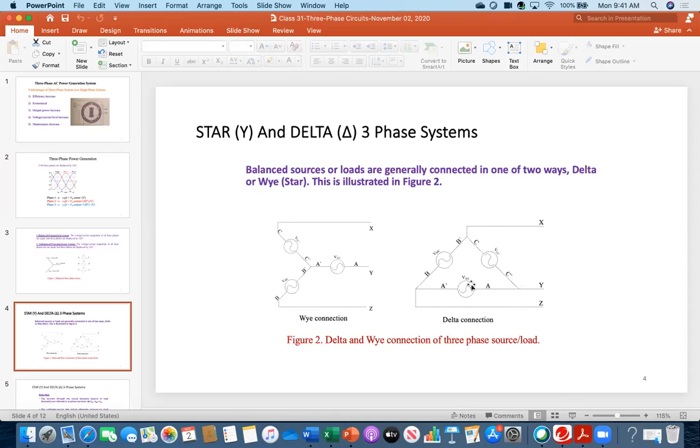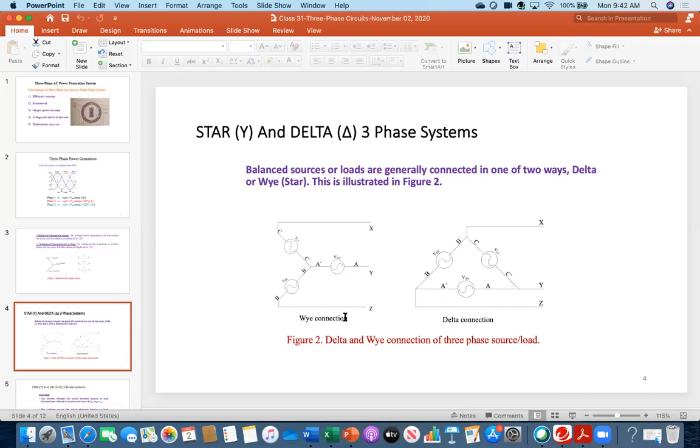Everybody, do you understand the structure? I mean, Y and then delta. Think about resistance, where you have done a lot in DC circuits. You have a combination of three resistances in the Y, then you convert it into delta, or you had the delta, you convert it into Y.